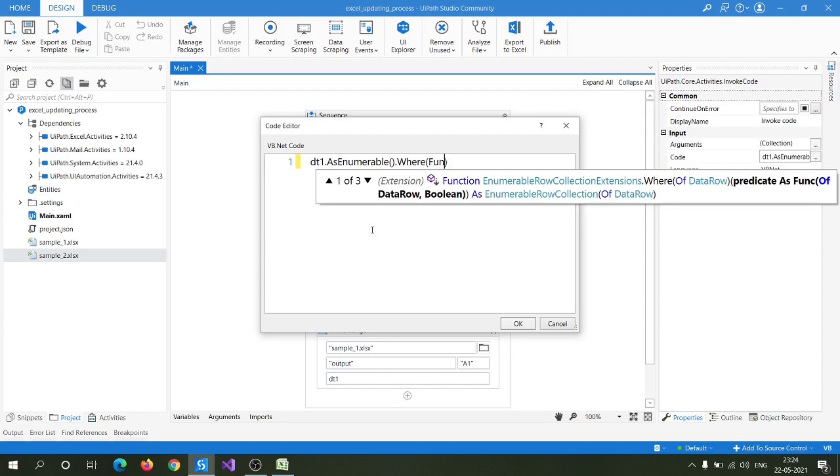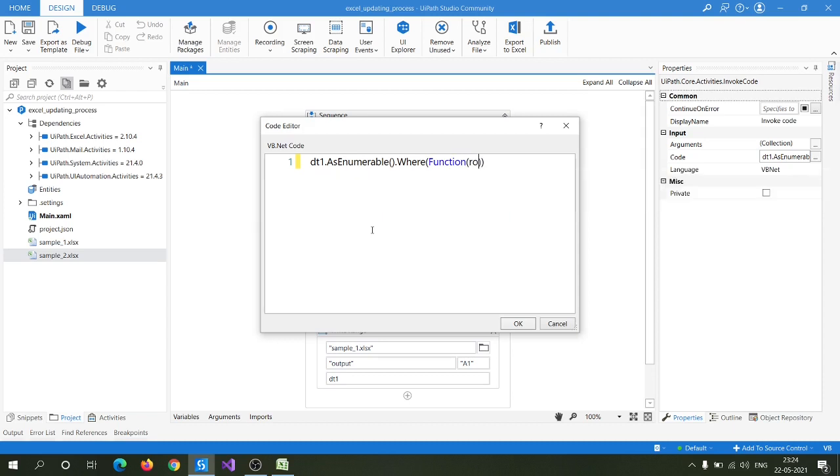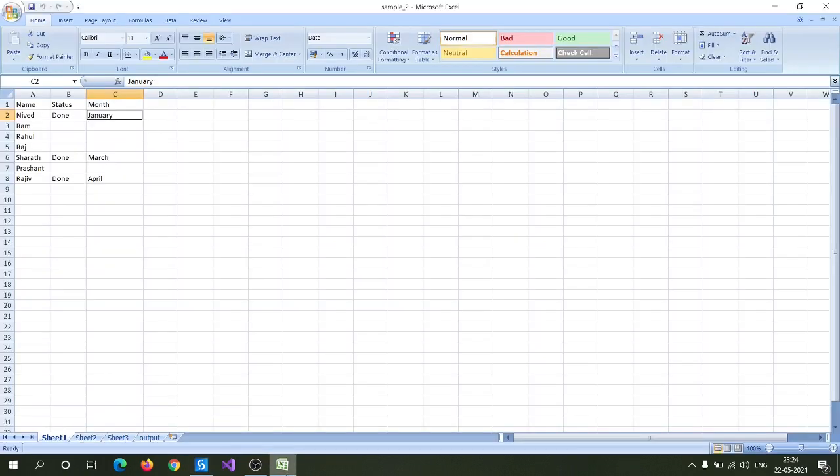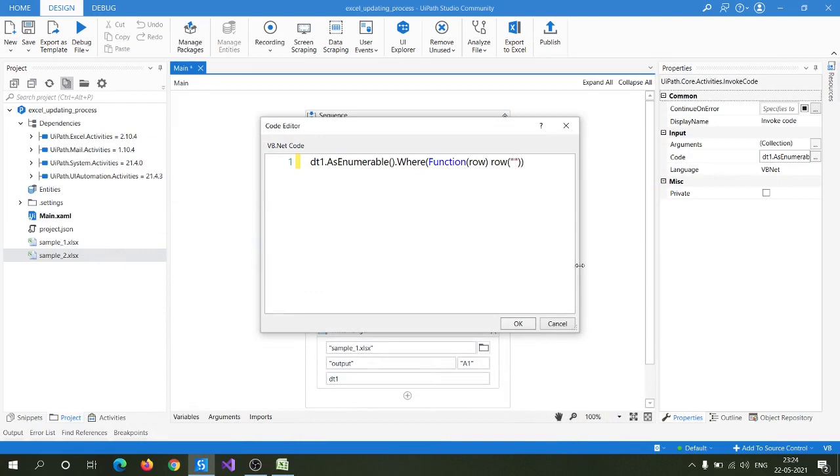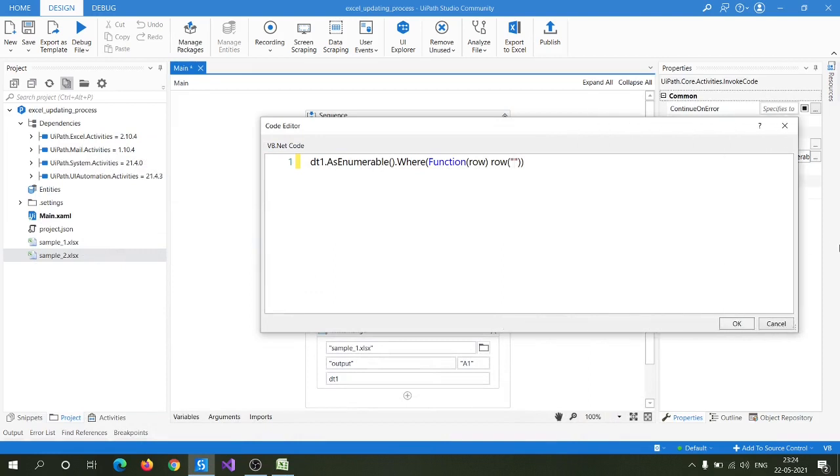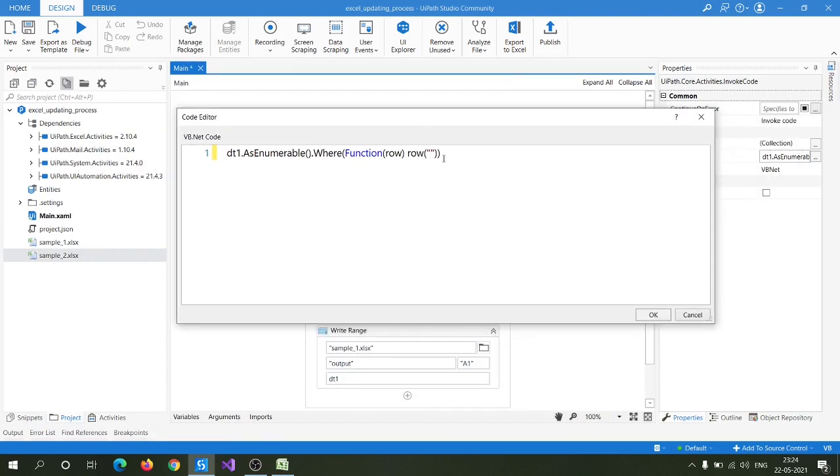Using this LINQ query we are able to filter out the rows whose status column values are blank. Function of row, I think the column name is status. Let me expand it a little bit. Row of status.ToString.Equals dash.